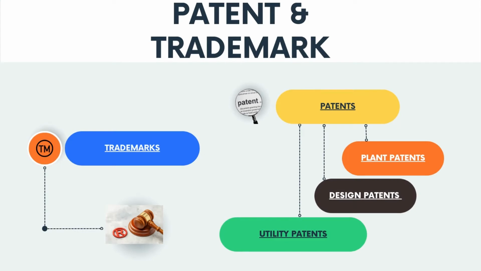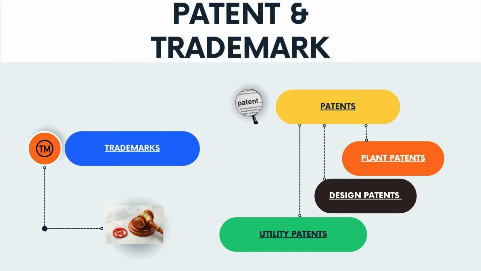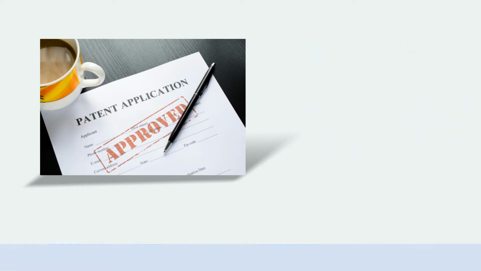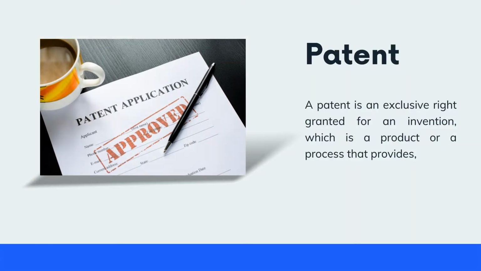There are four categories of intellectual property, two of which are trademarks and patents. Patents are classified into three types: utility patents, design patents, and plant patents. What is a patent? A patent is an exclusive right granted for an invention, which is a product or process that provides. Patents are grants provided to inventors that allow them to control the manufacture, use and sale of their